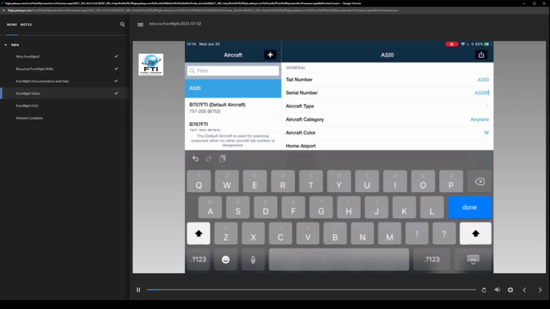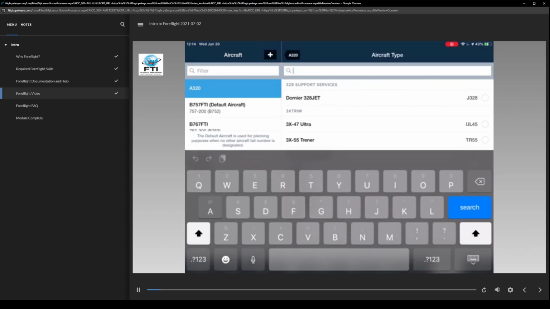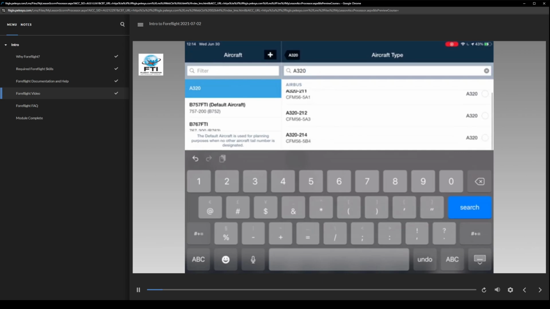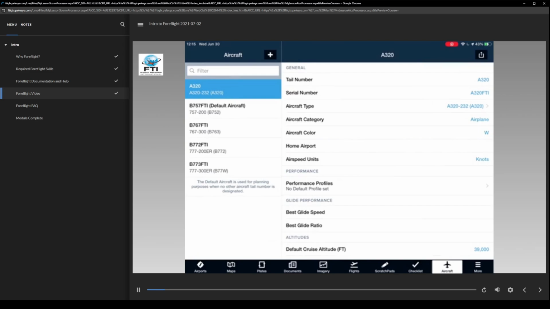The next thing I'll need is an aircraft type, and I'll choose the drop-down menu next to aircraft type. If I start typing in A320, it'll give me a list of aircraft that are already in there. I'm going to scroll down through this list, and the one I want is the A320-232. I'll select that with the round radio button, and now it loads a little bit of information about the